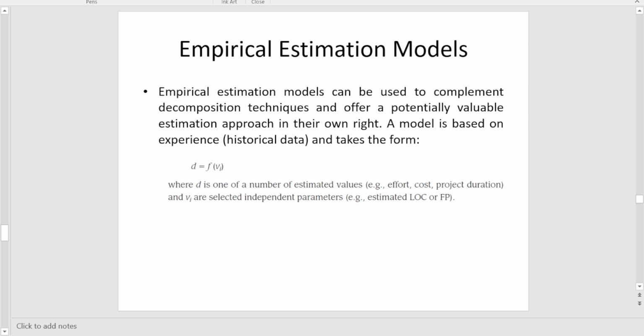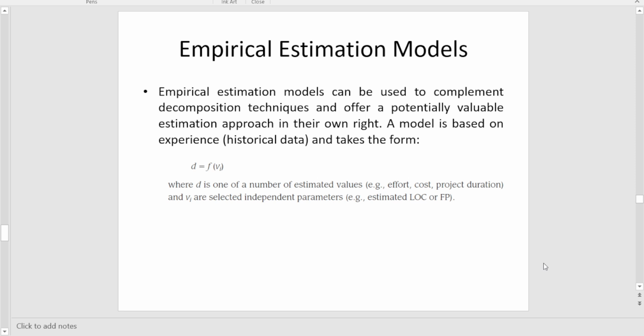to a function of f, which is depending upon a variable called vi, where d is one of a number of estimated values such as effort, cost or duration, and vi is a selected independent parameter like the estimation sizes that we have studied, like LOCs and FP. So this is a general approach where we actually learn how to create more estimation based on the data we used in our previous slides